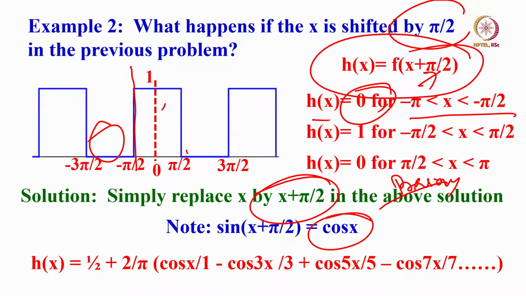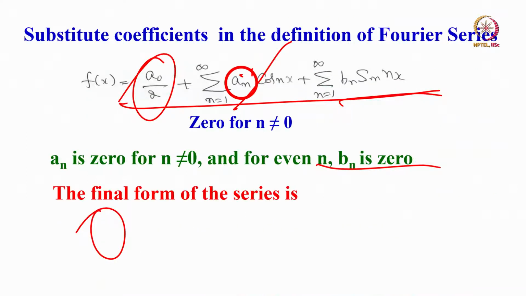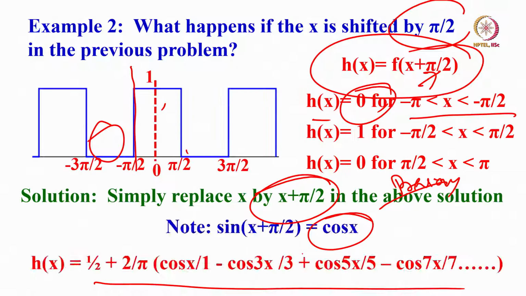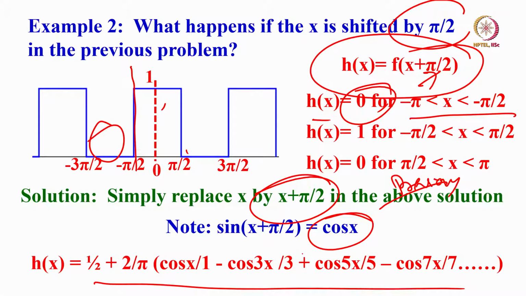So whatever you wrote there previously, it is written like this. Instead of the sine series, you are going to write it as a cosine series here. You see here, it was a sine series, but we are going to write it as a cosine series. Okay. So this is an example for this.